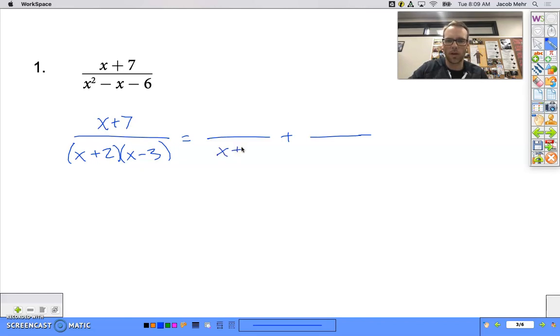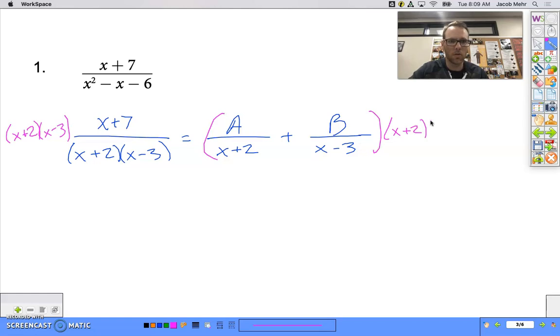So we're going to put an x plus 2 there, and we're going to put an x minus 3 there. We need to figure out what goes in the numerators. We don't know what they are, so let's just call this numerator A and that numerator B, and we'll find out. Okay, so we need to solve this for A and B. Now, what we want to do here is get rid of these denominators. We don't really like working with fractions in equations, so let's get rid of them. So how are we going to do that? We're going to multiply by the LCD. We're going to multiply by x plus 2, x minus 3,